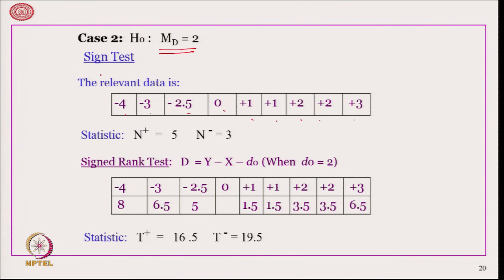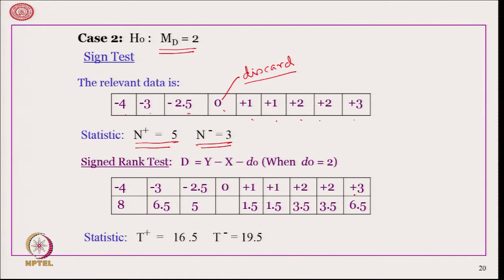Therefore, when we are applying the sign test, we are getting n plus equal to 5 and n minus equal to 3, because we are discarding this as it is the value 0, and since it is 0 centered, we discard that value 0. Now, we can see that n plus and n minus are very close, therefore the sign test cannot reject m d is equal to 2. On the contrary, suppose we are using the signed rank test, then in this case again we